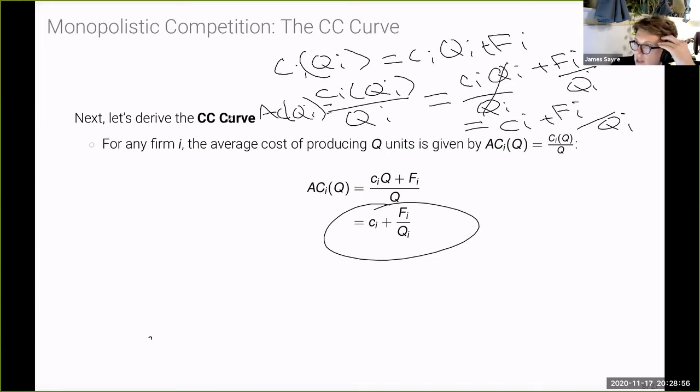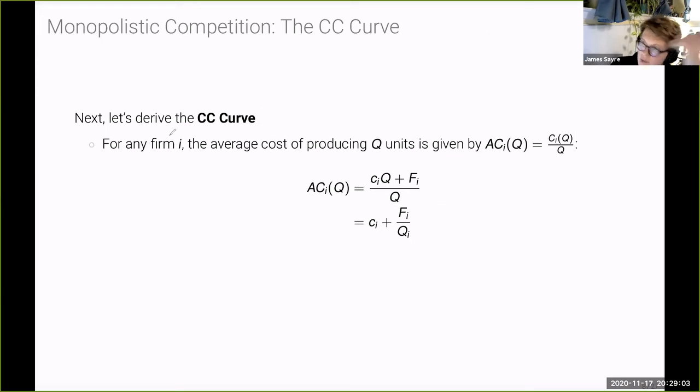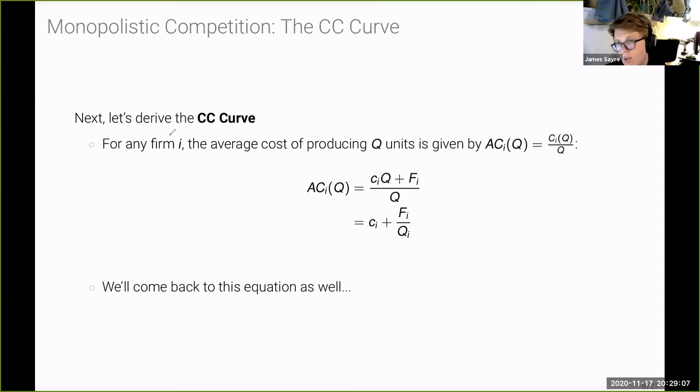So this is the CC curve, which is also referred to as the AC curve, or just the average cost curve. So the average cost. I'll come back to this equation as well. We're going to make a few more simplifying assumptions. But for right now,